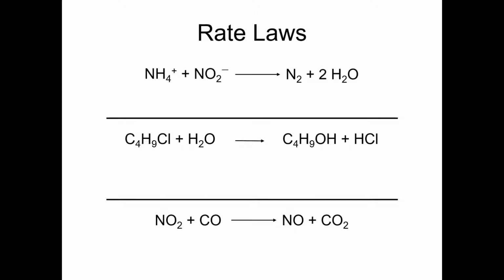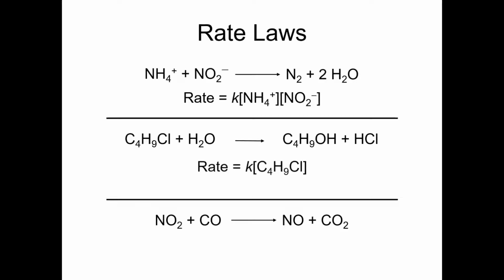But what we find actually for these reactions is that they all have different rate laws. For the first one, it is first order in ammonium and first order in nitrite, which is the most intuitive rate law that we can think of for that stoichiometry. But for the second one, the tert-butyl chloride plus water, it turns out to be first order in tert-butyl chloride, but zero order in water. And then finally, for the third one, nitrogen dioxide plus carbon monoxide, it turns out to be zero order in